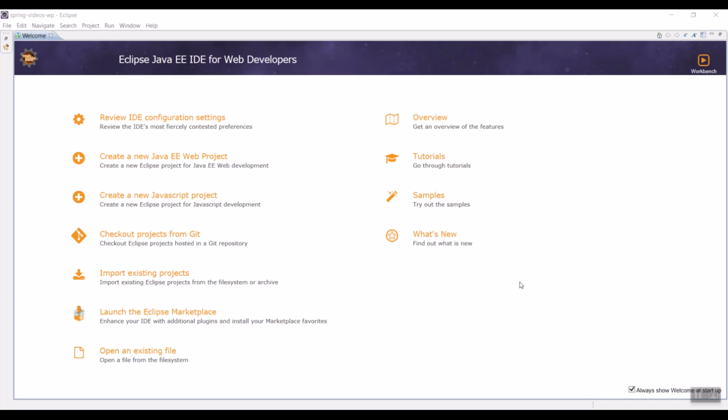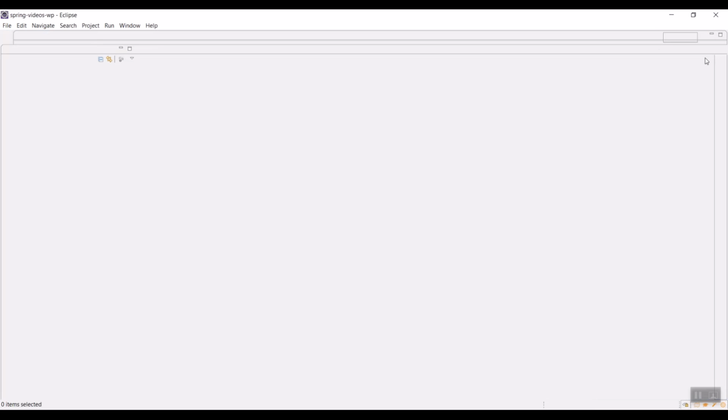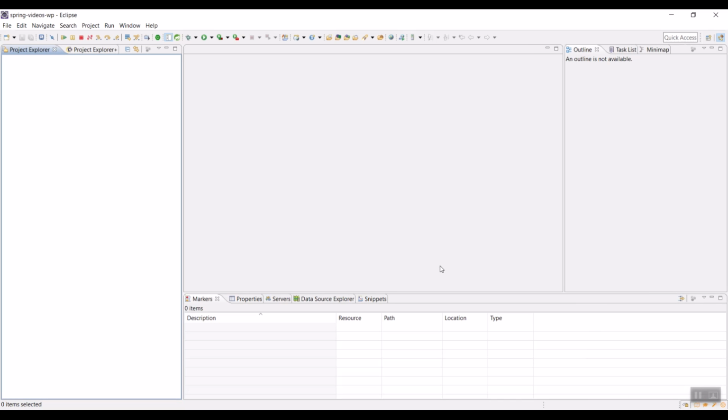So now, we have come to the last part of the lab setup. I have opened up Eclipse. If this is the first time you are opening up Eclipse, you will see a welcome window like this at startup. So click on the workbench icon and it will open up the IDE. Here we need to do a couple of things. First, we need to configure the JDK. So go to the Window menu, click on Preferences,